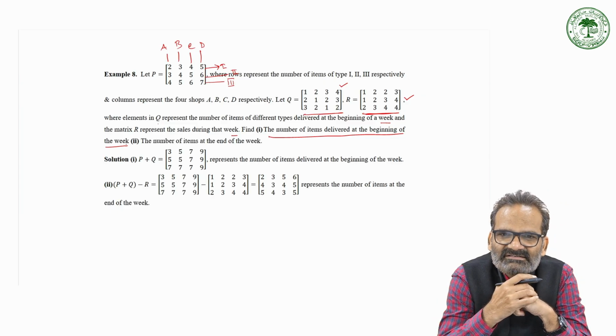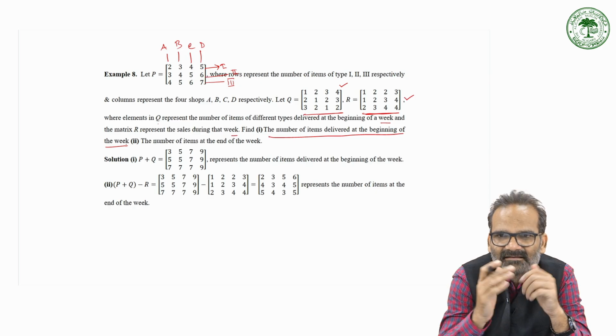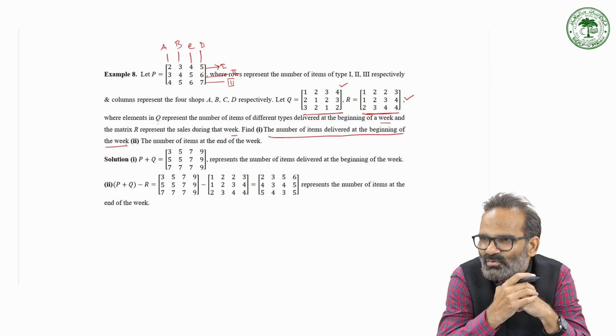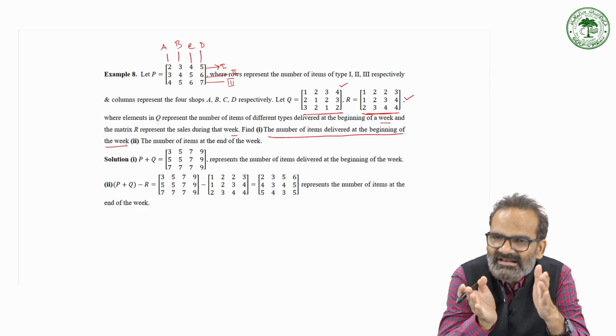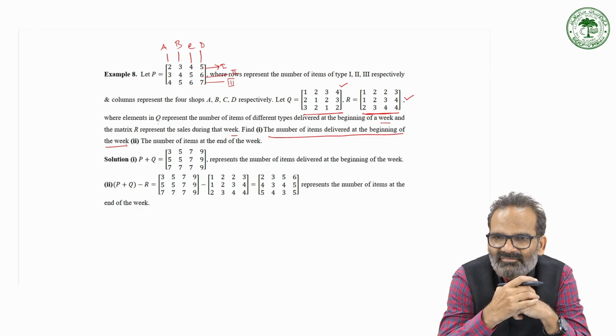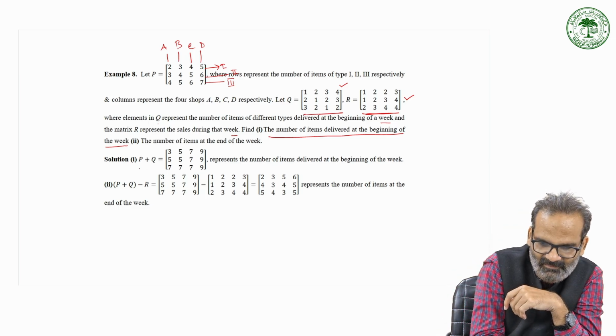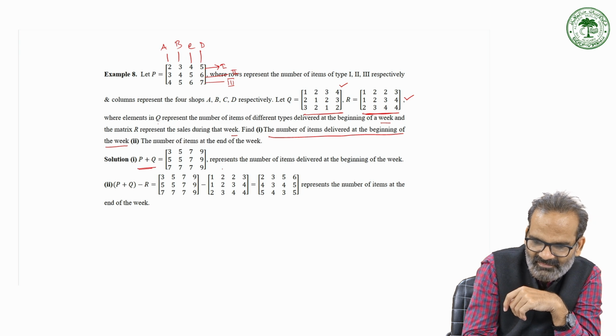Q simply represents the number of items of different types delivered at the beginning of the week. So Q is known as the delivery matrix in the beginning of the week, right? So how will we get the number of items delivered at the beginning of the week? If we add P and Q, the sum of P and Q will represent the number of items delivered at the